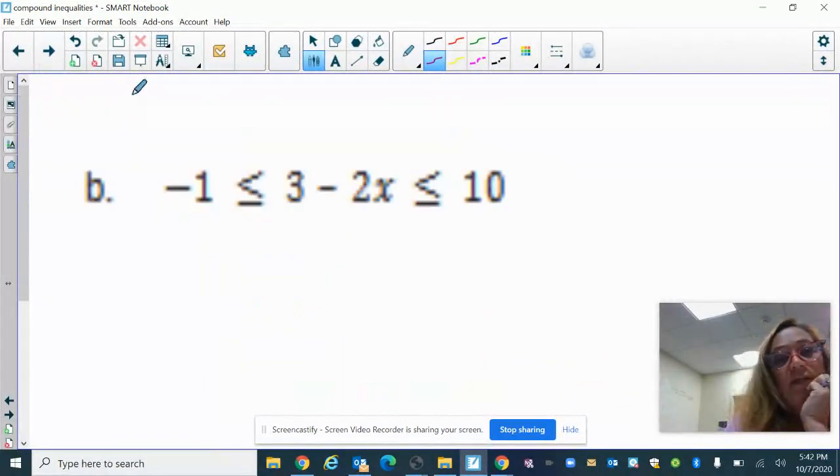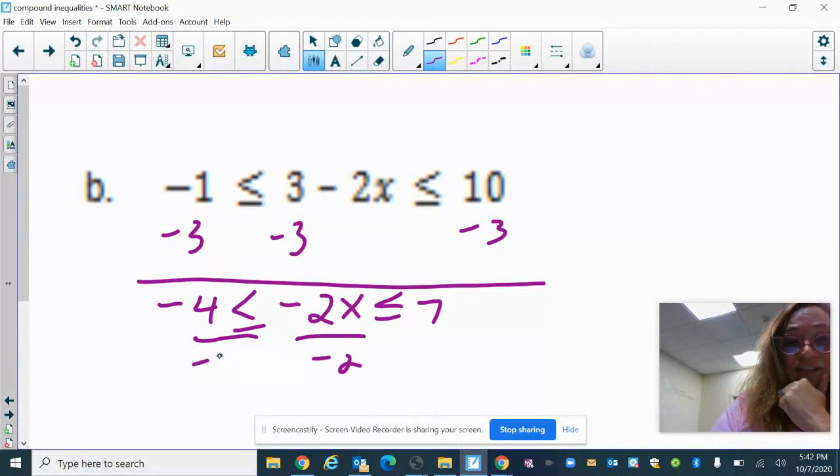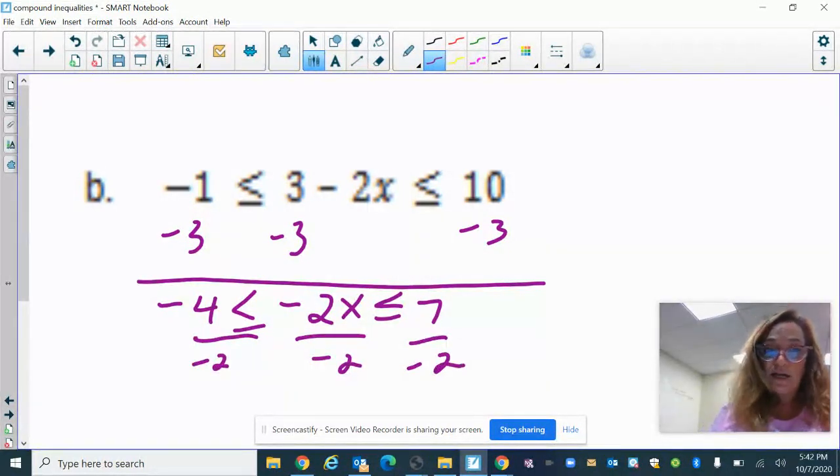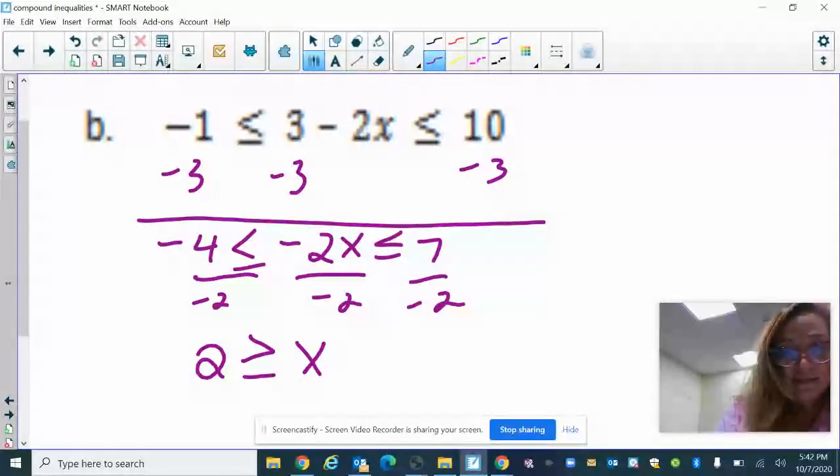Okay, so this one I'm going to solve. I'm going to subtract 3, subtract 3, subtract 3. That gives me -4 is less than or equal to -2x is less than or equal to 7. Divide by -2. Now, this is fancy stuff. When you divide by a negative, you flip the inequality signs. So this is going to be 2 is greater than or equal to x is greater than or equal to